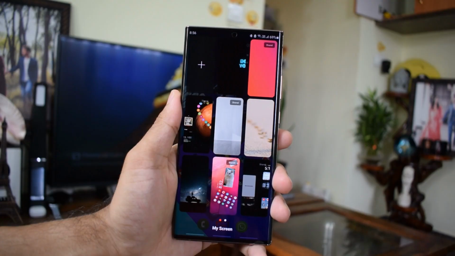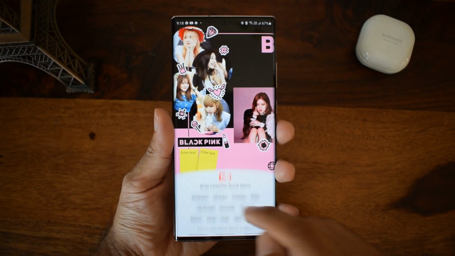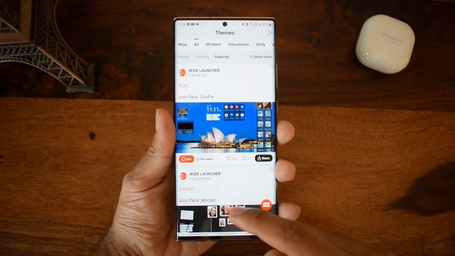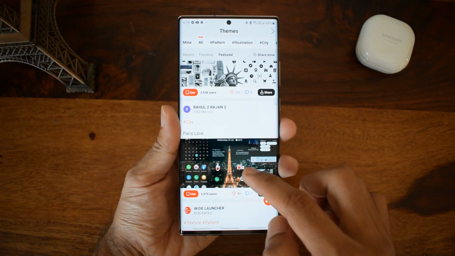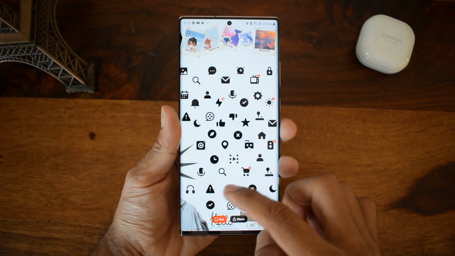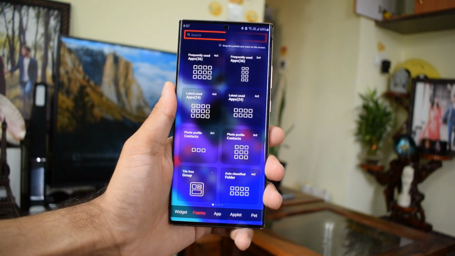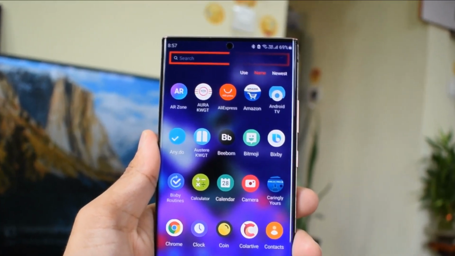Apart from these, there are many more customization options in the settings menu as well. And if you press the bottom tray, you can see an option to get more themes. There are some gorgeous home screen setups we can get. Last but not the least, the application tray is very user-friendly. It can sort the applications into 3 categories such as name, newest, and recently used.